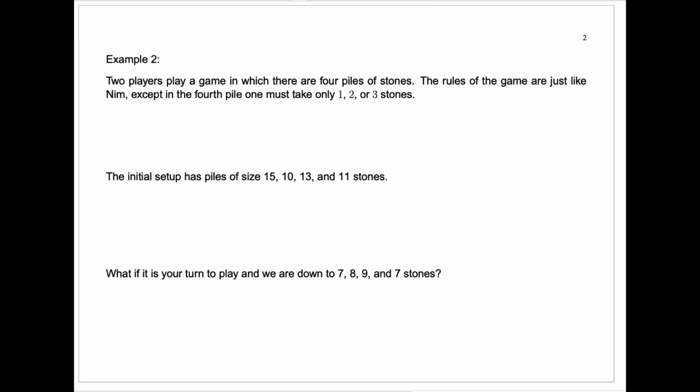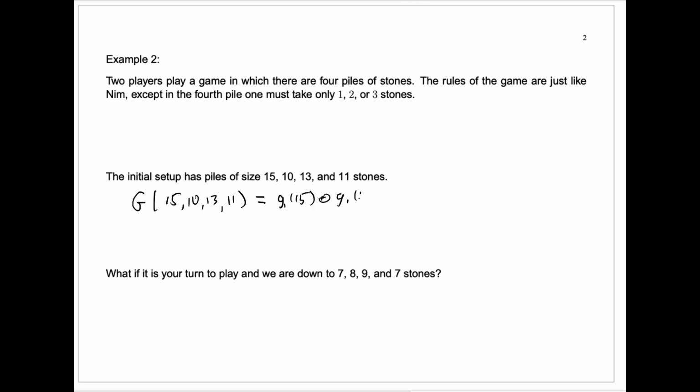what is a winning move, if there are any? Well, to understand that, we want to look at the Sprague-Grundy function. Again, I'll call that capital G of the position 15, 10, 13, and 11. And because we can treat this as the sum of games, the sum of the individual pile games, the first 3 are individual NIM piles, and the 4th one is an individual pile using the subtraction game rules with subtraction set 1, 2, 3, we can write the Sprague-Grundy function of our initial position as G1 of 15, NIM sum